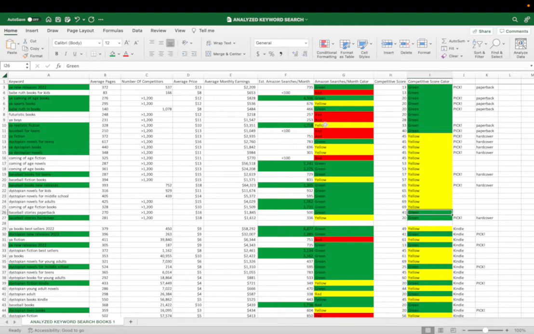There's a couple here that showed up as yellow on Publisher Rocket, and they coded it as yellow even though they had over 1,000 results. But when you look at the keyword, it has over 1,200 competitors. So maybe that's why they did that. But in any event, I did all this, and then